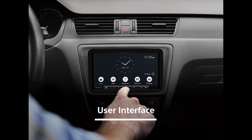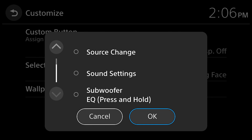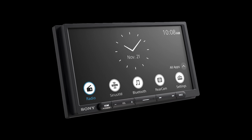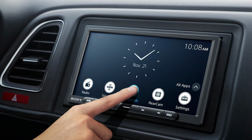Front buttons, along with a programmable quick access button, allow you to control volume, tracks, and your favorite setting quickly and easily. And the home screen shows intuitive, simple to understand icons that take you directly to specific functions, reducing driver distraction. These icons can be rearranged to suit what you want to have on your screen for a custom user